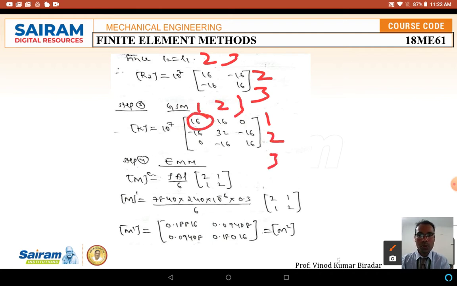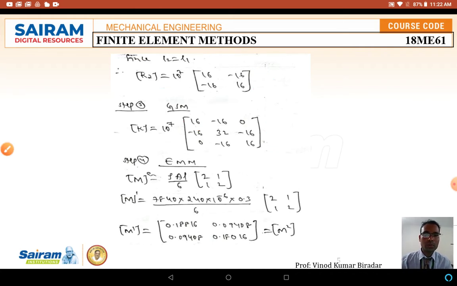So how I wrote this: 16 is equal to, check both the matrices. The location of the node for the 16 element is 1 and 1 is there. So check 1 1 in both the matrices k1 and k2. In k2, 2 3 is there, so here 0 in that element. 16 plus 0 is equal to 16. Like that you have to solve this and complete the global stiffness matrix.